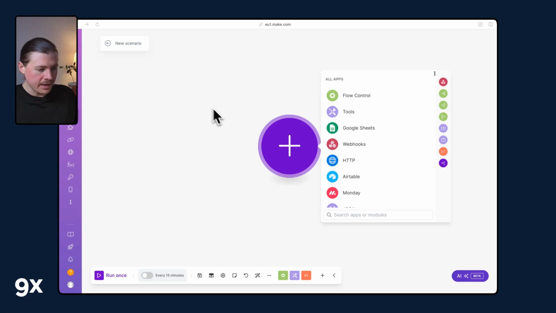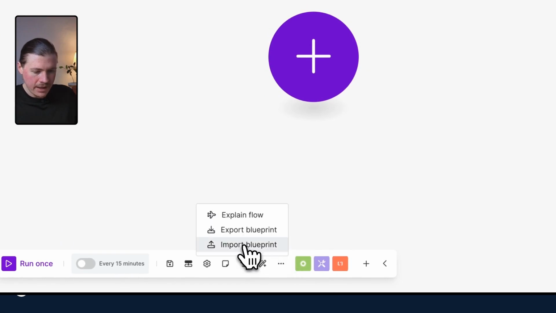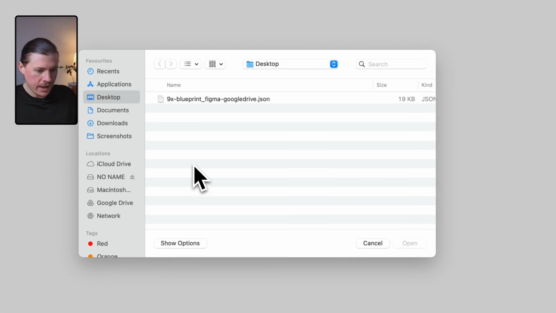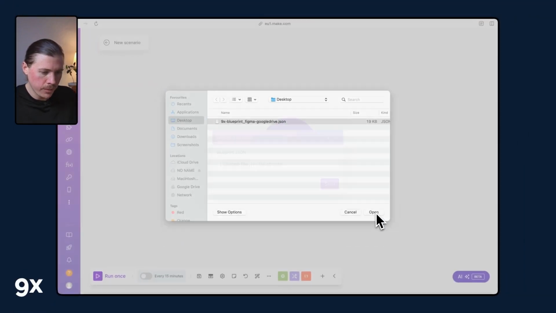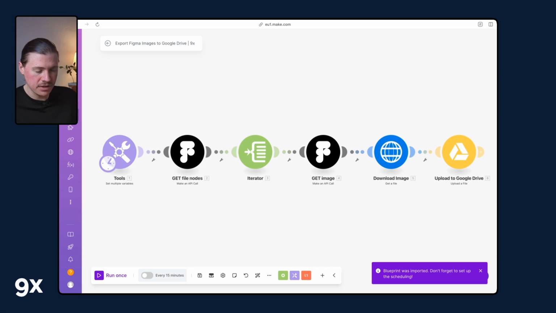So back in Make, in the scenario that you just created, just head to the bottom bar here where you find the 3 dots. We're going to click on More and then Import Blueprint. Select choose file, and here we want to basically grab that blueprint that you just downloaded, so the one you find in the link below, hit open and save, and this one will basically import that automation that I showed